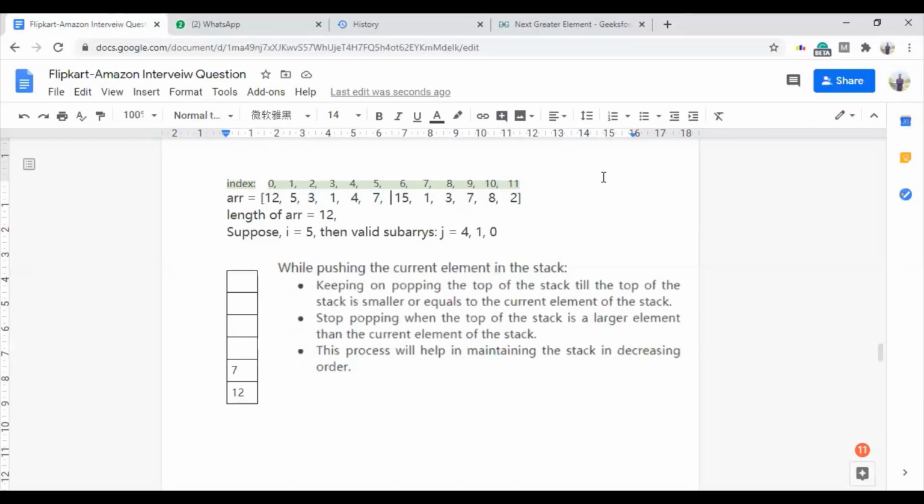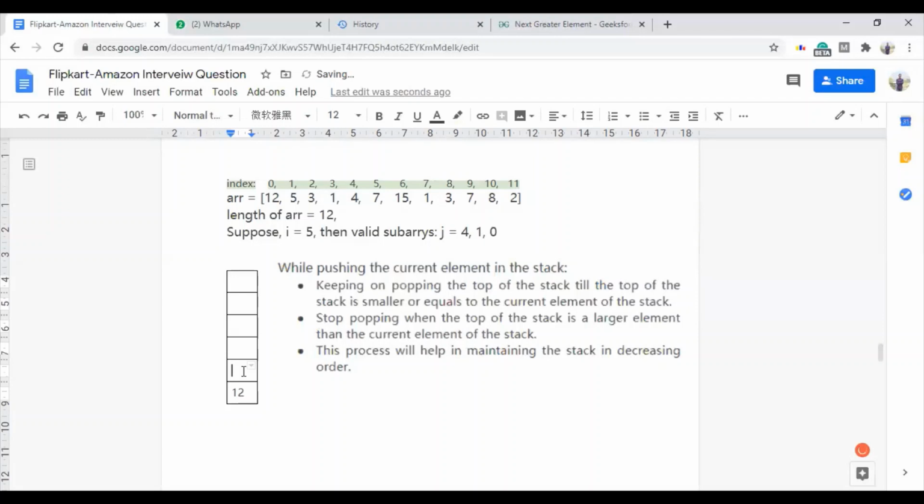Now let us increment the ith pointer once again. So now the ith pointer is pointing at index 7, that is at element 1. So we have to push 15 as well because the jth pointer can point at this value as well. So while pushing 15, we will again follow this rule. As 7, which is the top of the stack, is smaller than 15, we will pop 7 out.